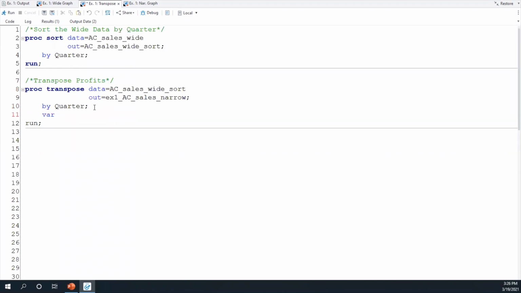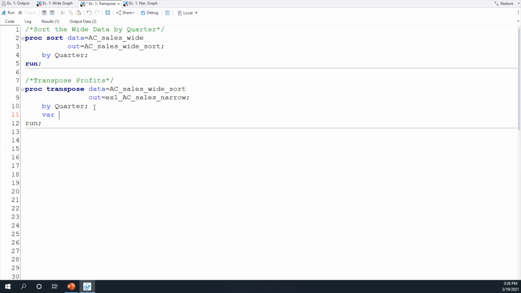And we could list out all 5 columns here. Profits 2016, profits 2017, all the way through 2020. But that's a little tedious. So instead of listing out all 5 columns, I could instead use what's called a SAS variable list to reference the group of profits columns.